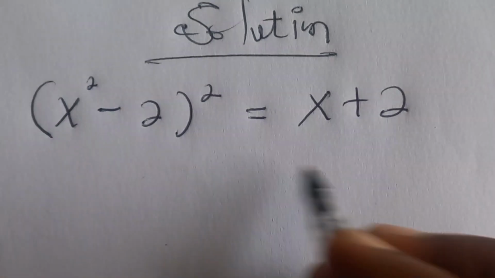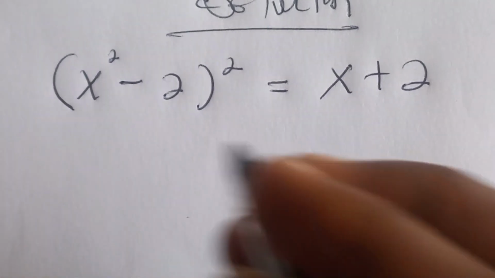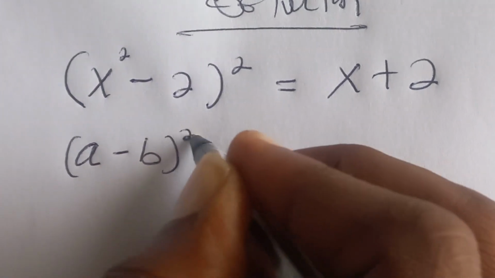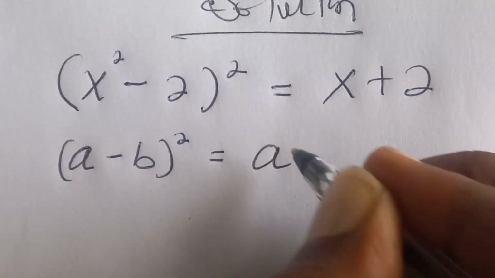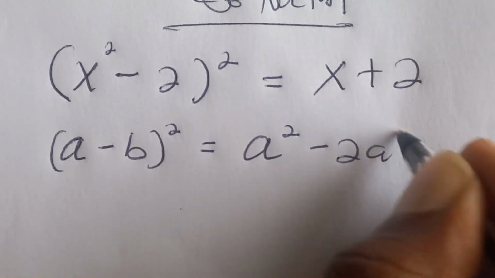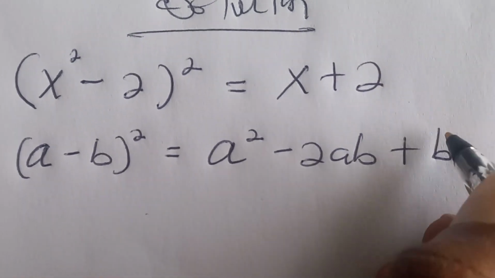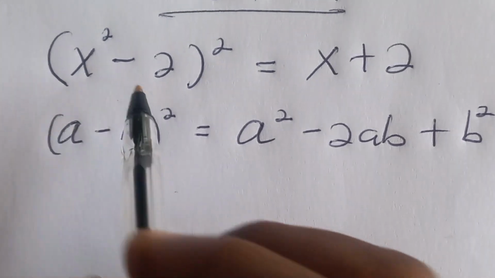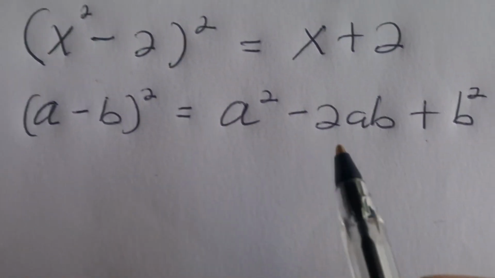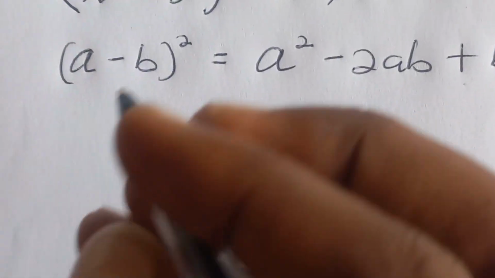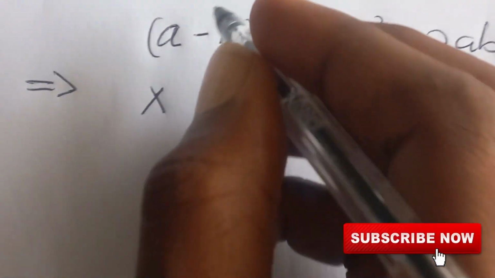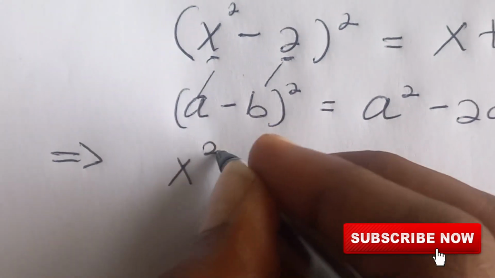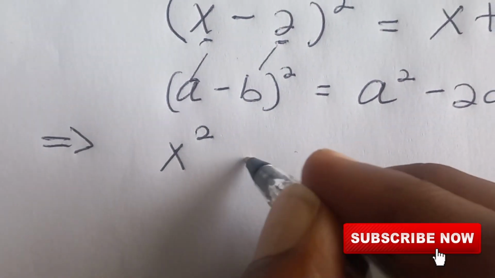So, from here, we know that in algebra, (a − b)² is equal to a² − 2ab + b². So we are going to transform this side to look like this identity. By doing this, we have x². Now this is our a and this is our b. So we have x², minus,